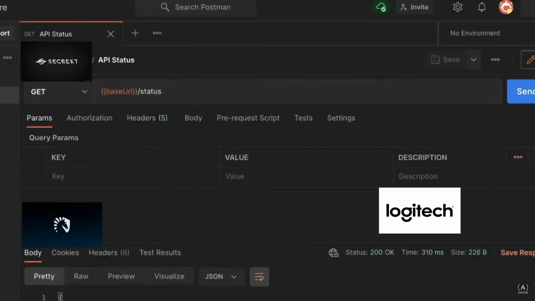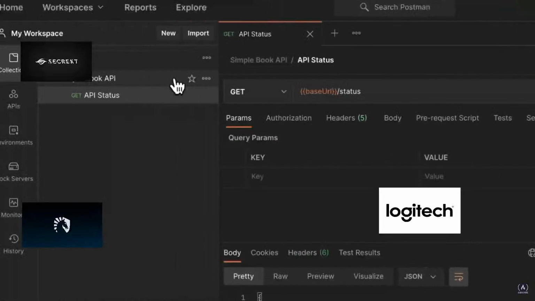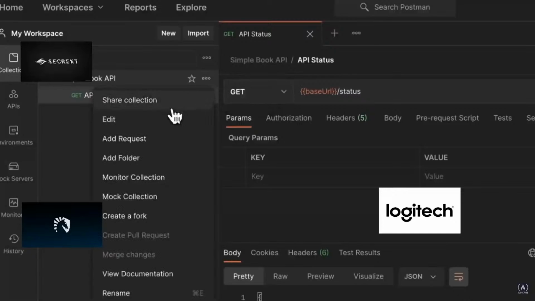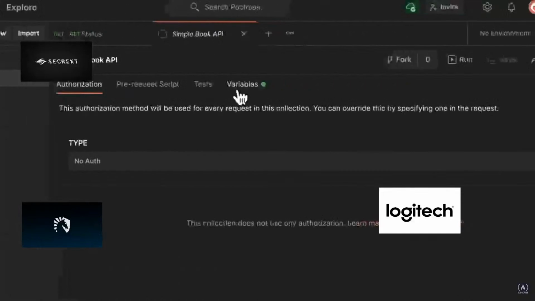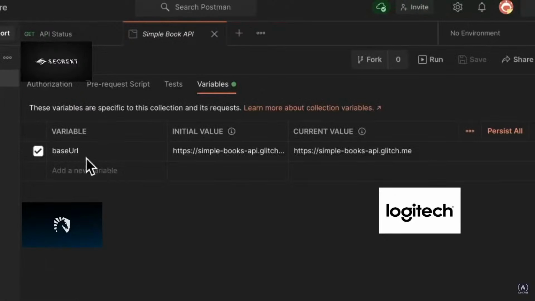If you want to change this variable, all we have to do is to hover over the collection name here. These three dots will show up. I'm going to select here Edit. And from the Variables tab, you'll be able to see here the base URL variable. Just in case this set variable option doesn't appear when you select the address, don't worry about it, you can simply go ahead and manually add the variable here. For any variables in Postman, you will notice the initial value and the current value. The initial value is something